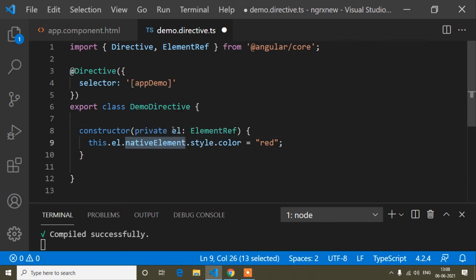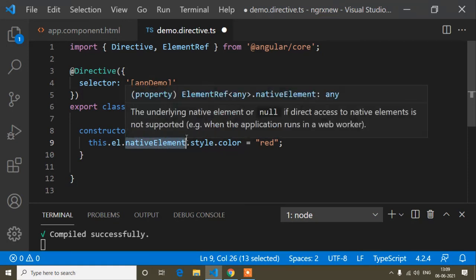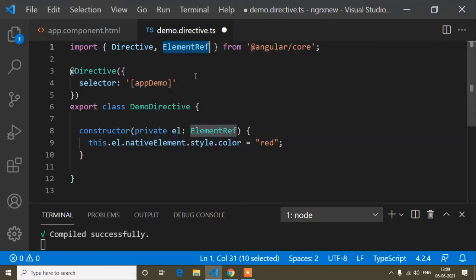So the variable of ElementRef which I wrote, this.el.nativeElement, then style.color, the same way you write in JavaScript. If you want display, you can write display none, same like JavaScript, but here you have to write it this way.